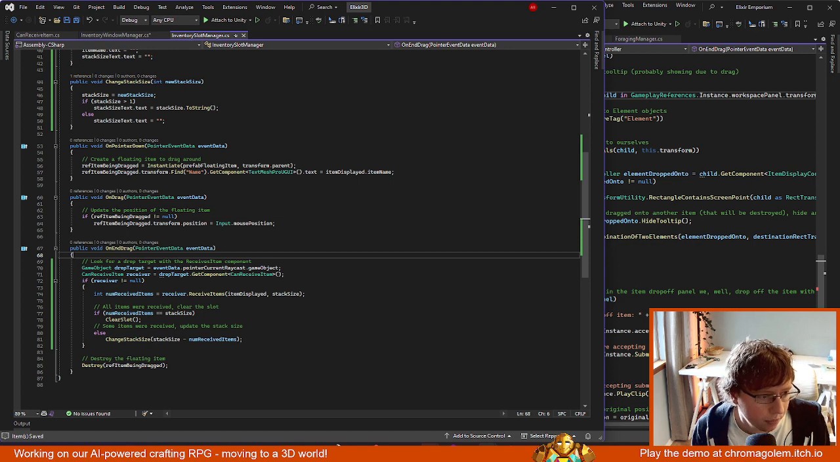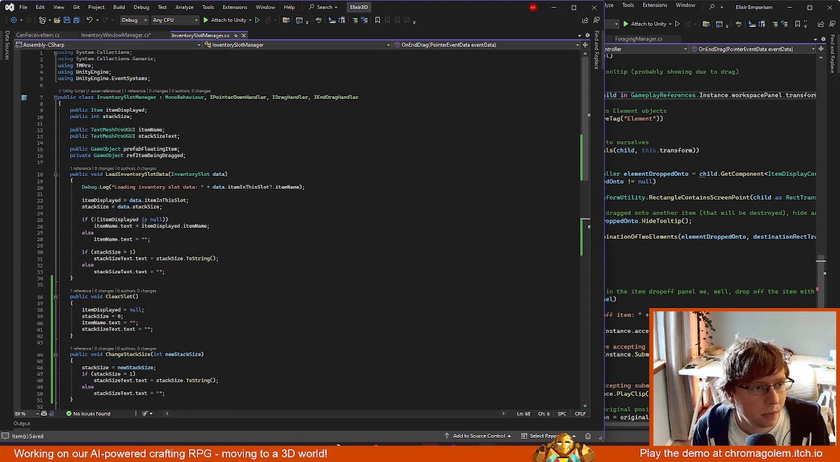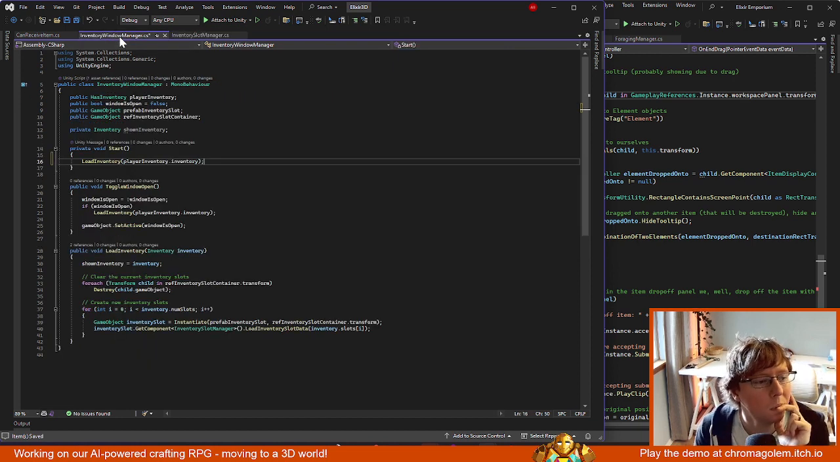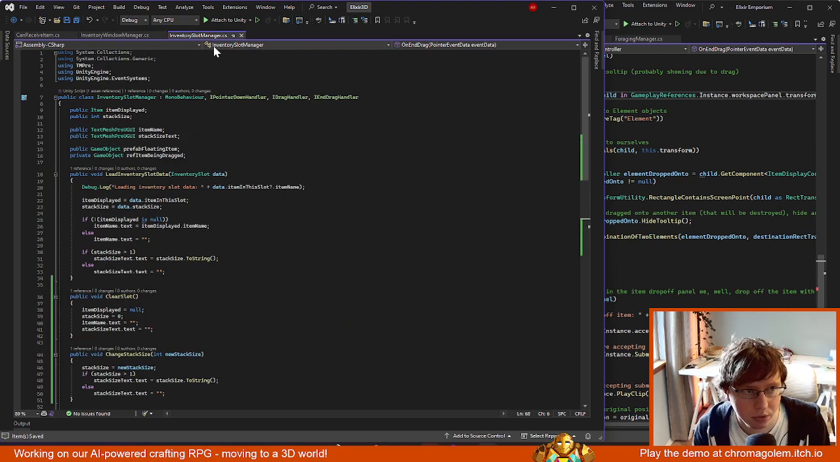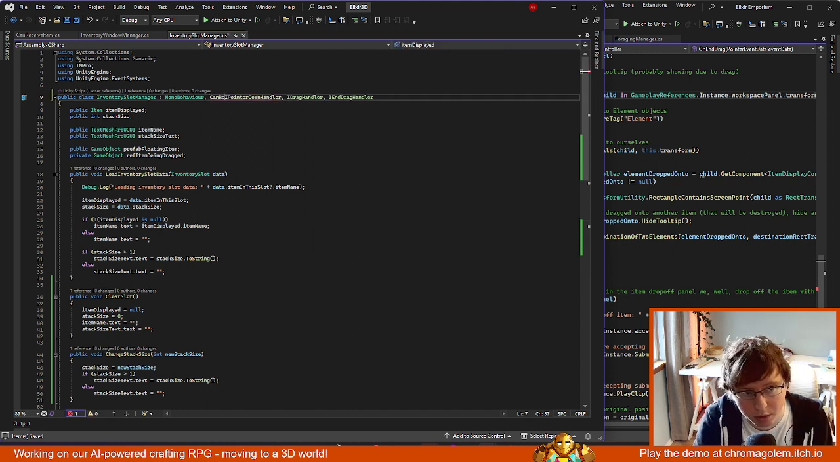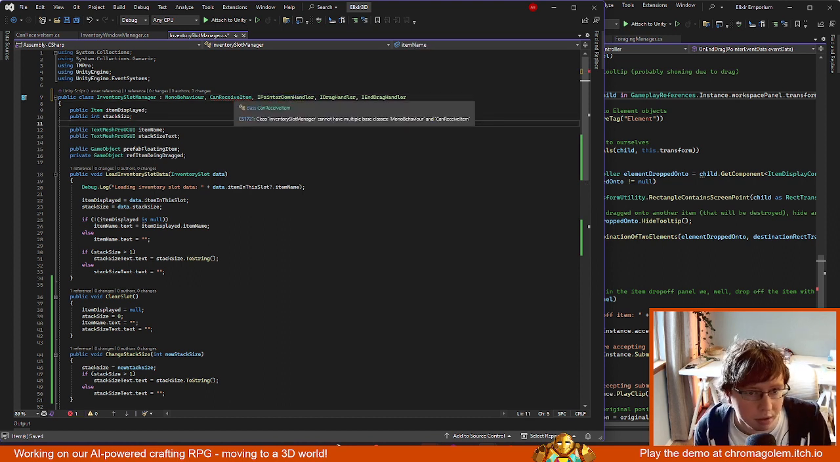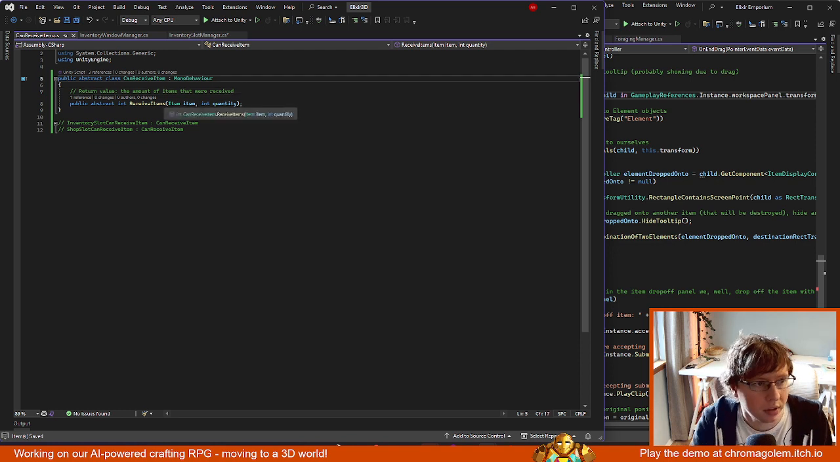Okay, so now to make sure this works, the inventory slot manager can inherit from can receive item, right? Or do I need to make this an interface? Can't have multiple base classes. I mean, yeah. Let's make this an interface. And I don't